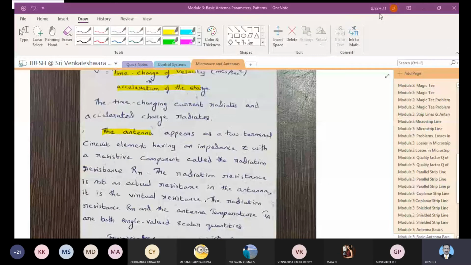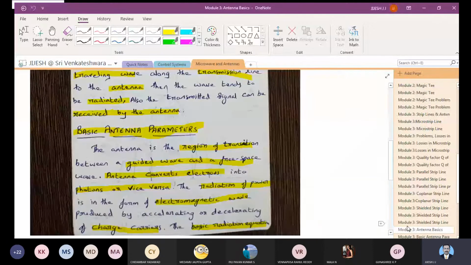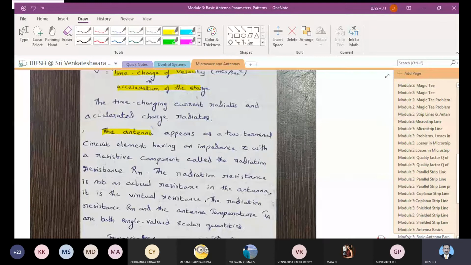Good morning. We were discussing antennas and propagation in the previous class, and we have started with antenna basics. As you have studied, we will be discussing many parameters of antennas: pattern, beam area, beam width. Then we will understand how to calculate the radiation resistance. We'll also find the other parameters relevant to antennas, such as efficiency and bandwidth.